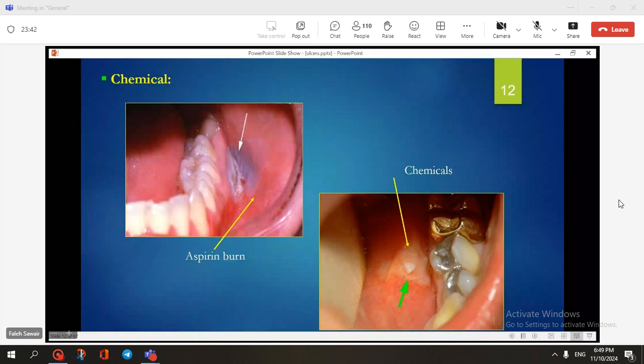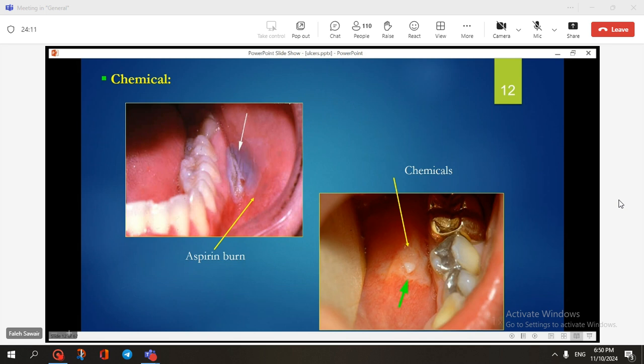So they put the aspirin tablet in the buccal or labial vestibule adjacent to the painful tooth. If you remember, aspirin is an acid, salicylic acid, so it will dissolve, and the acid will cause irritation to the oral epithelium,